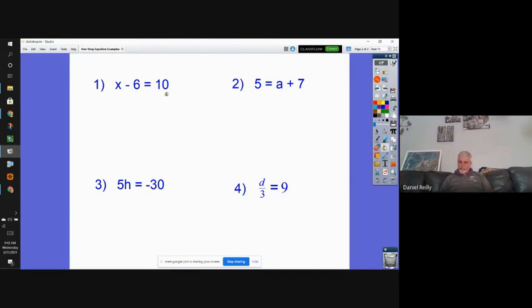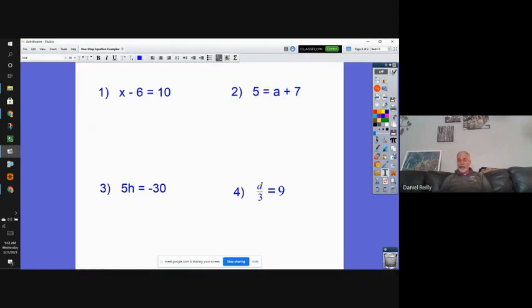Okay, so in these equations, there's only one thing to get rid of, one thing to undo to get the variable by itself. And so that's what we're going to do. And you do this by using what's called the inverse operation, okay? So if there's a number being subtracted,